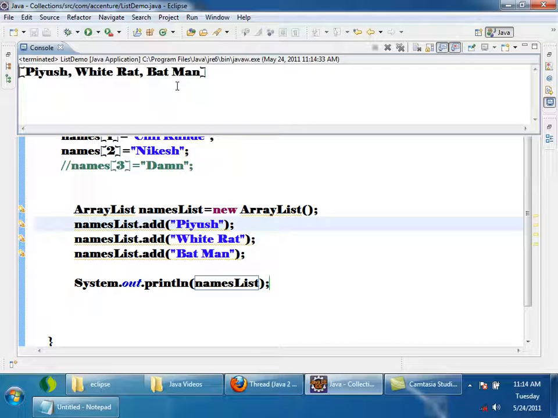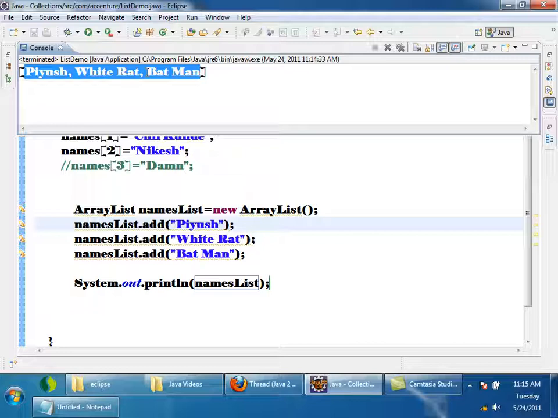Yeah, it is printing Piyush, White Rat, Batman. So how is it printing? I gave a reference of array list to System.out.println. Actually, this is a reference variable, right? Reference variable will be having address of that object. How did this get printed?